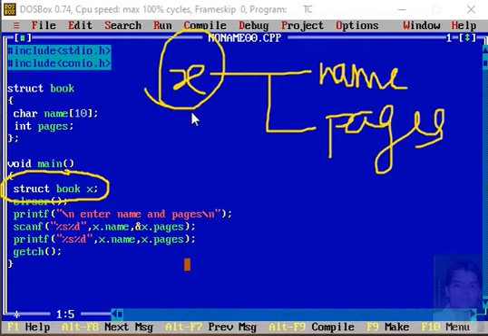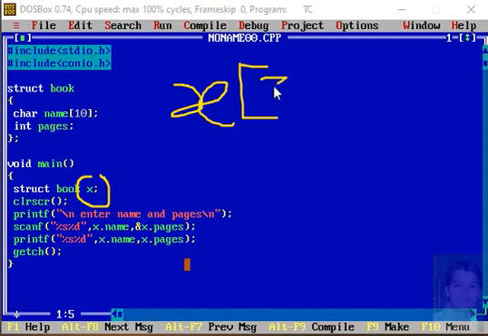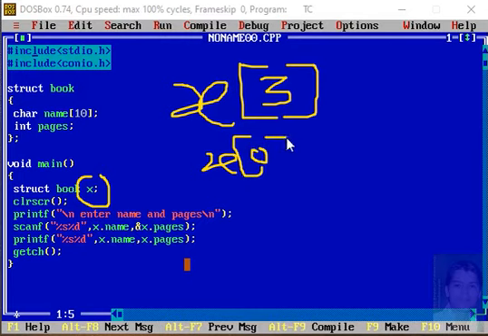This is regarding a single book, but the demand is for, let's say, three books. I want to give the data for three books. Then the question is how to convert this x into three books. Here I use the declaration x of 3. x of 0, the first element of the array, will have two parameters: the name of the book and the pages of the book.